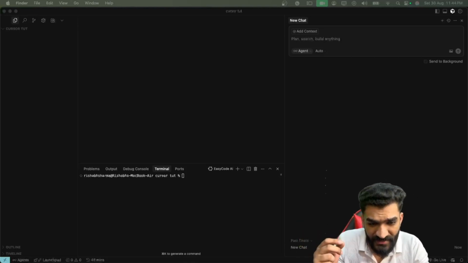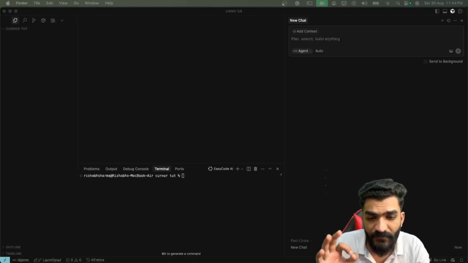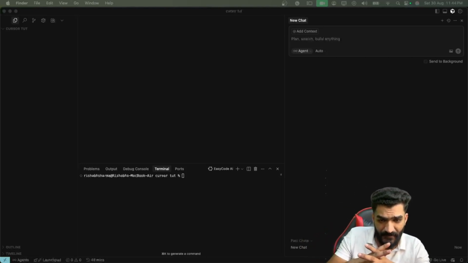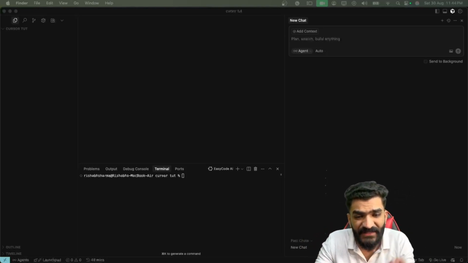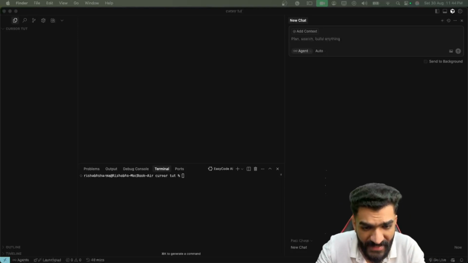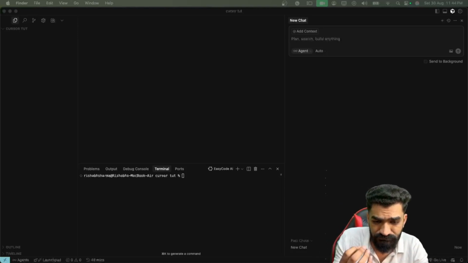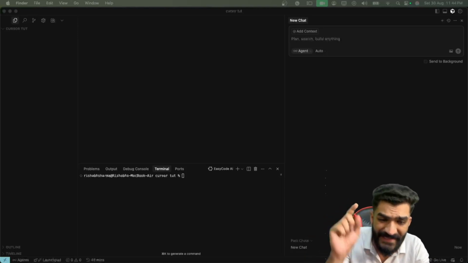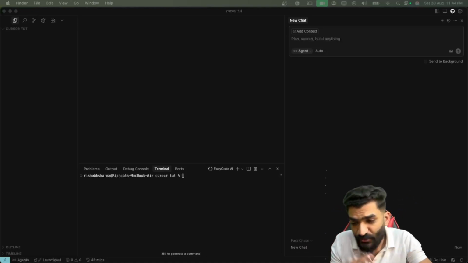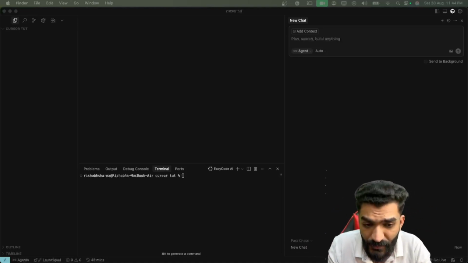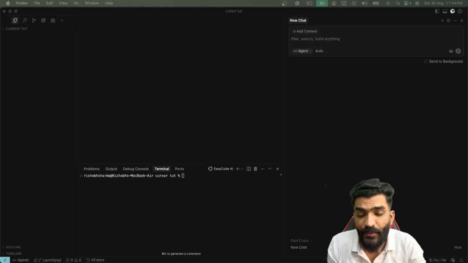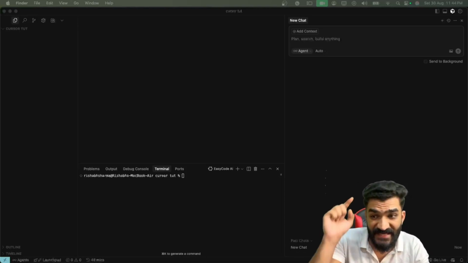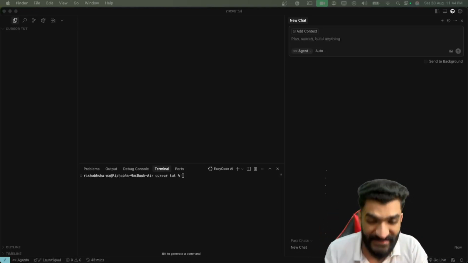So Cursor actually saves a lot of work for us. It has been implementing these kinds of solutions for a while, and I think Cursor's implementation to index our code base and to use it inside our engineering workflows is amazing. I promise we will see this in action in this complete series.